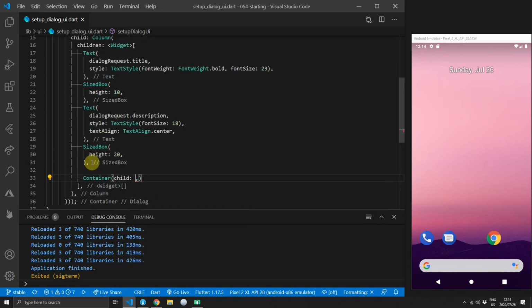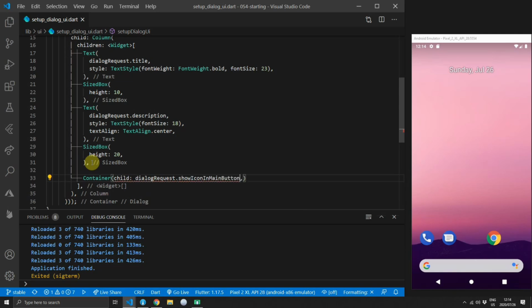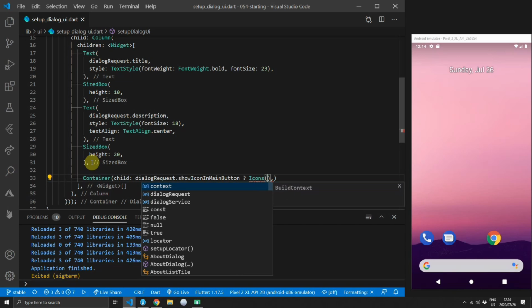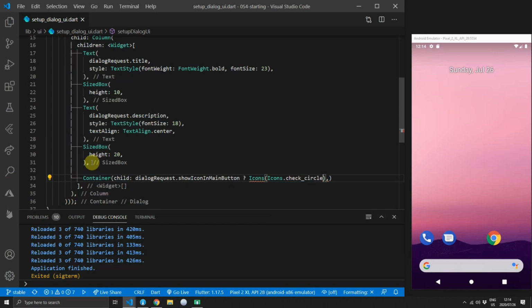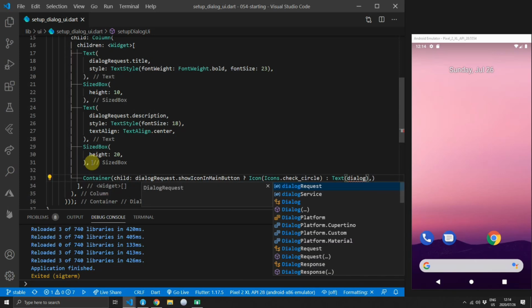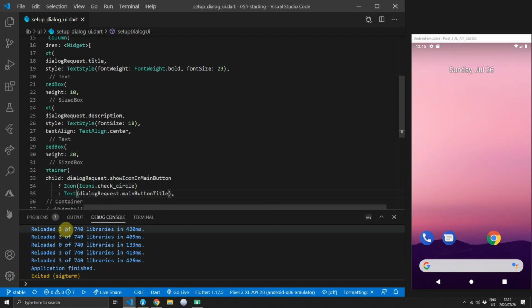And then we'll add a container which will act as our button. For the child of this container, we will check a value on the dialog request called show icon in main button. And if that is true, we will return an icon widget with the checkbox icon as the widget data. And if that value is false, we will return a text widget with the text set to the main button